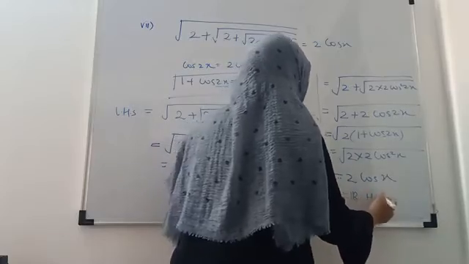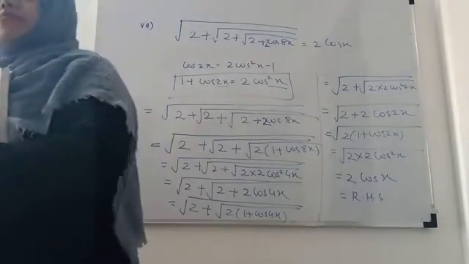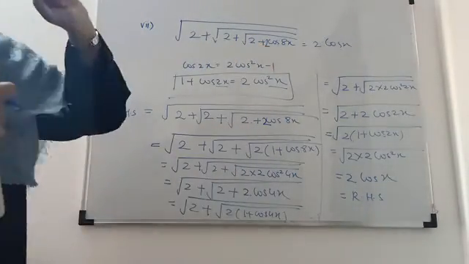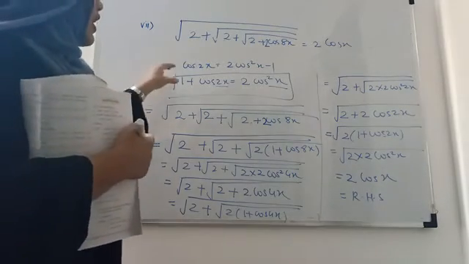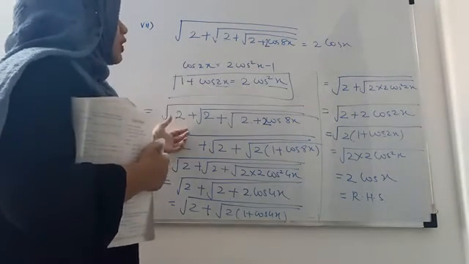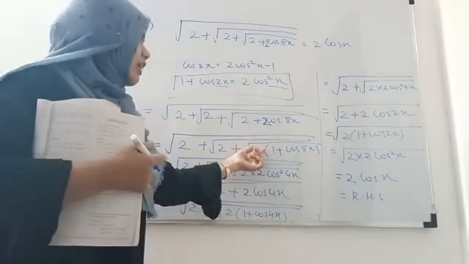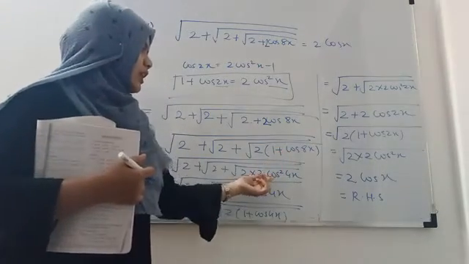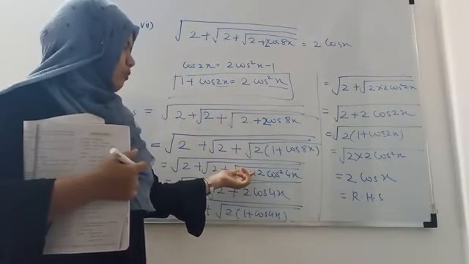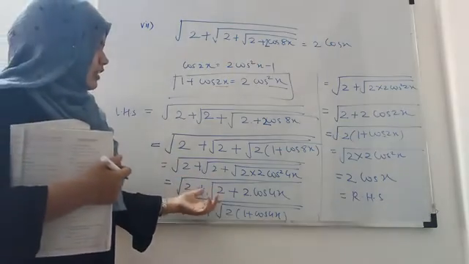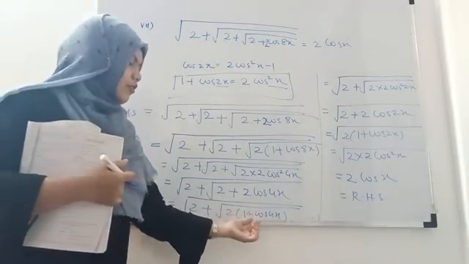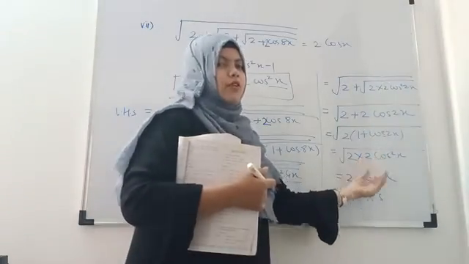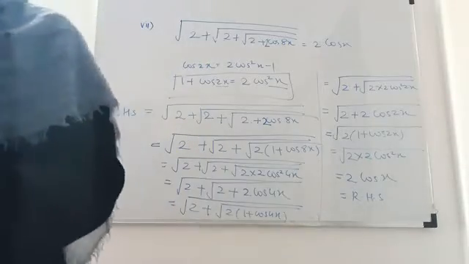Okay. So this is a very simple problem, but there is one printing mistake here. Okay. So it should be 2 cos 8x. So here what we have done, we have used only this formula. Okay. First of all, we have taken from the third root, we have taken 2 common, and then we have applied the formula for this remaining bracket. Okay. And then we have eliminated this square bracket. Again we did the same procedure, take out 2 common, apply the formula and eliminate the square bracket. Again take out 2 common, apply the formula and eliminate the bracket. Okay, so you will get the answer.